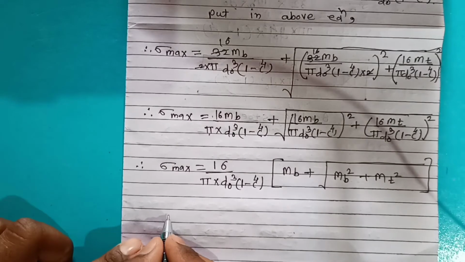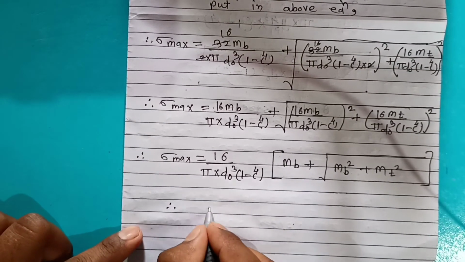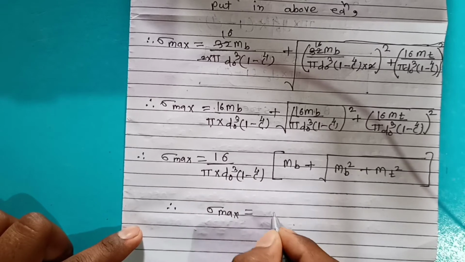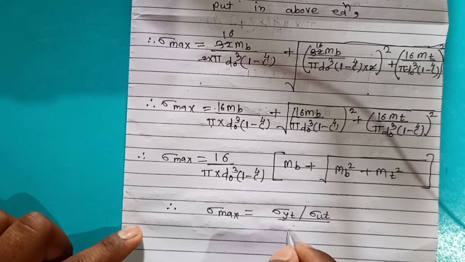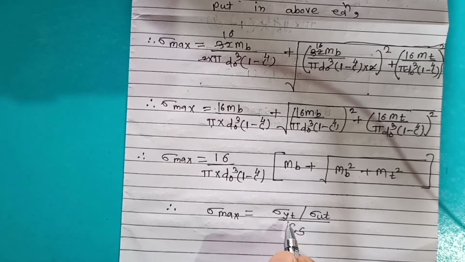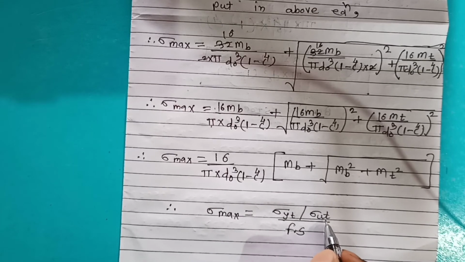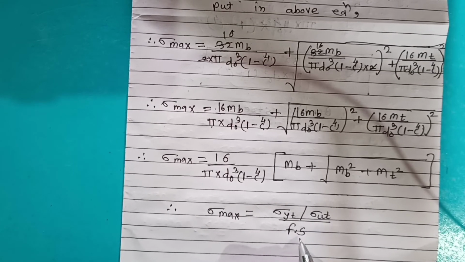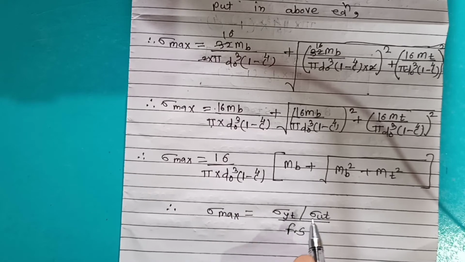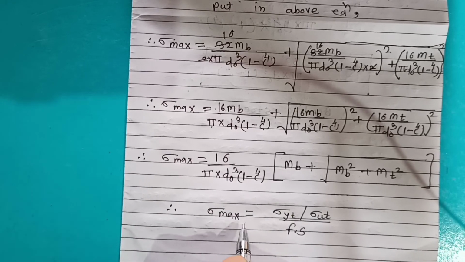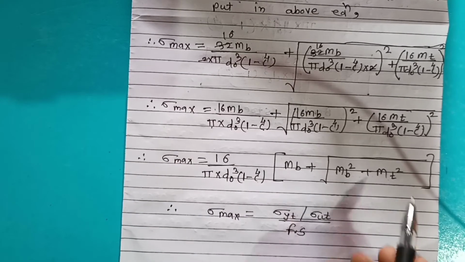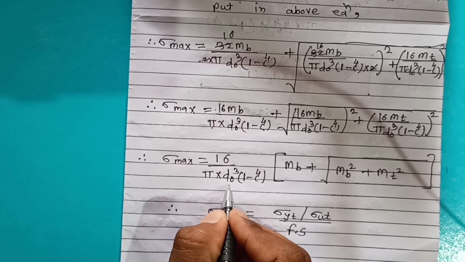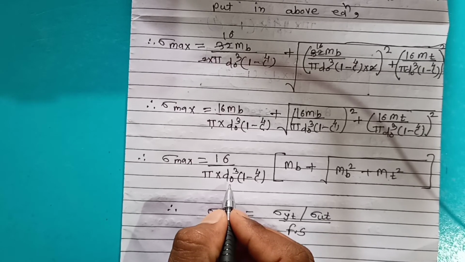problem. Here another method is to calculate the sigma max, and the formula is sigma max is equal to sigma yt or sigma ut divided by fs. Sigma yt is nothing but yield strength, sigma ut is nothing but ultimate strength, and fs is nothing but factor of safety. Any one value is given in the problem; take this value and put it in this equation to find out sigma max, and this sigma max is put in the equation, and with the help of sigma max, C, MB and MT we calculate the diameter of the shaft, and this is nothing but the design of the shaft.